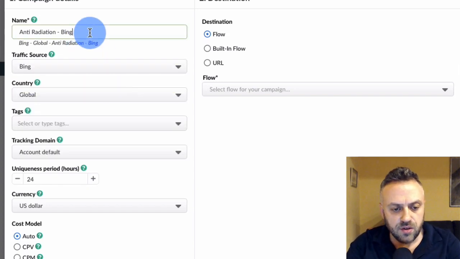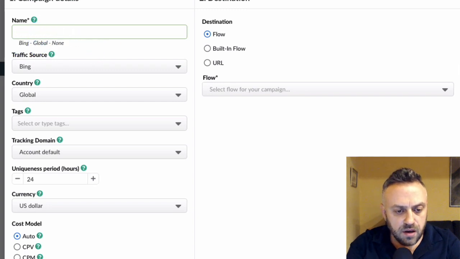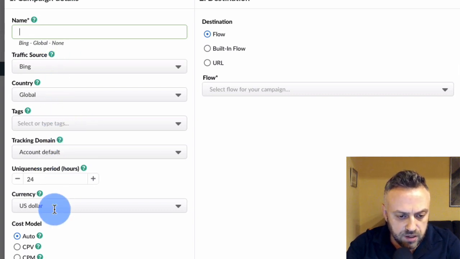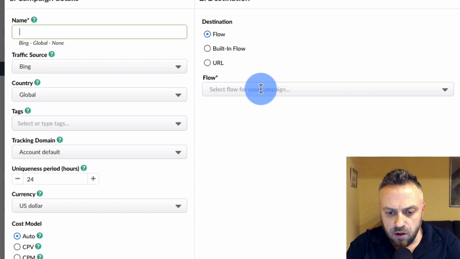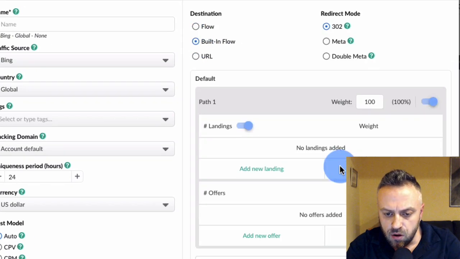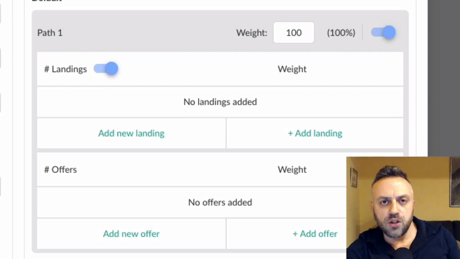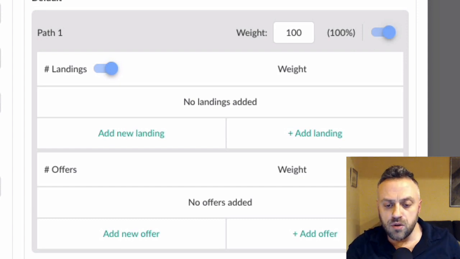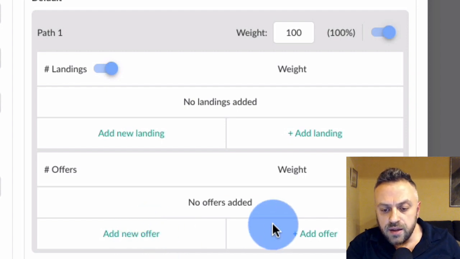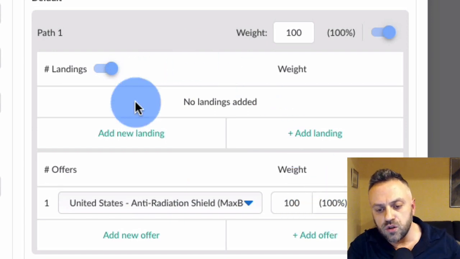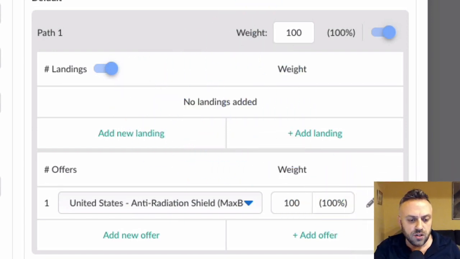Okay, and as you can see, it basically creates the name for it. Bing global. Okay, so we're going to use a built-in flow. The flow is basically how things are flowing from the traffic source, which gets this URL. Do we want to go to the landing page? Do we want to go directly with the offer? We don't have any landing pages, so we're going to add an offer, right? Our existing offer. We pick an offer here, and it's going to send 100% of the traffic, skipping the landing page. We're going to use a built-in flow, and then we just call it something like anti-radiation,